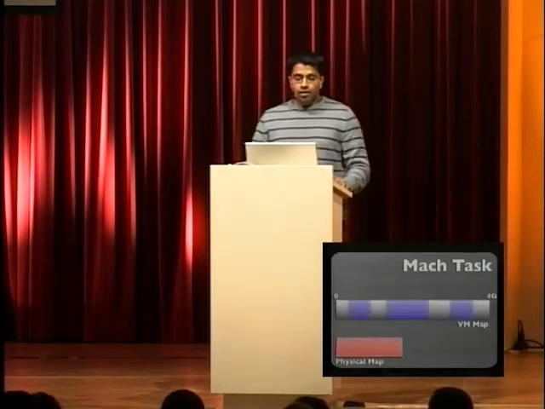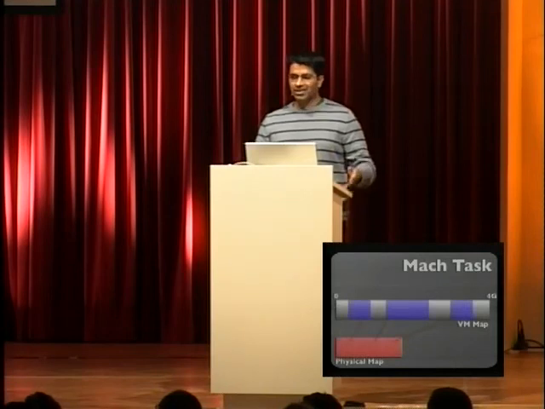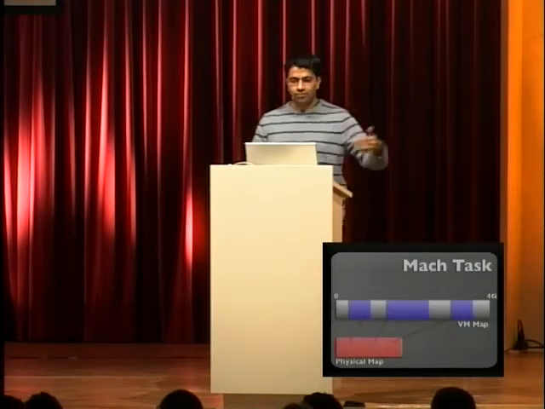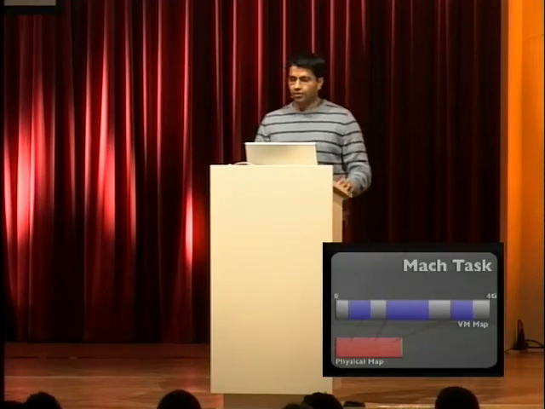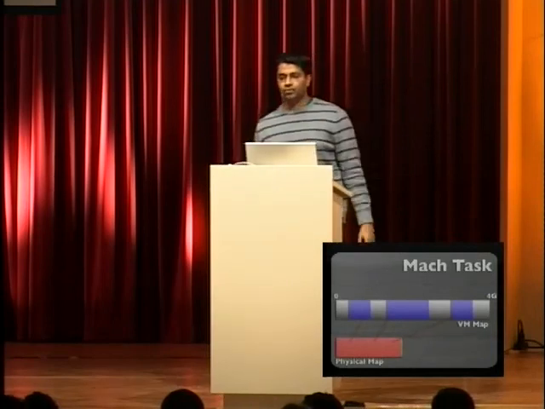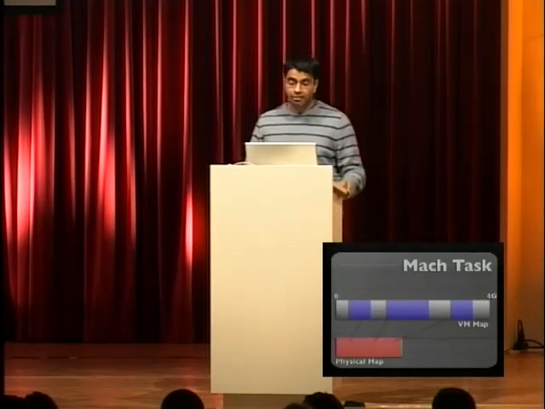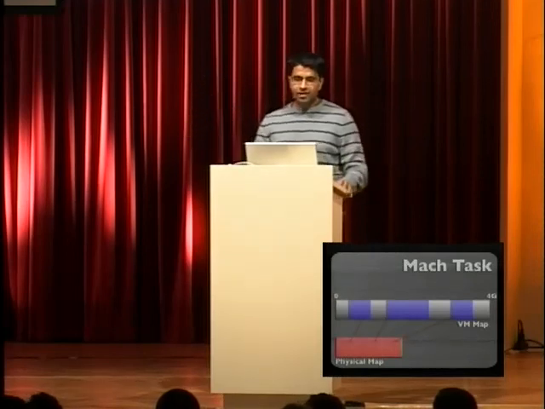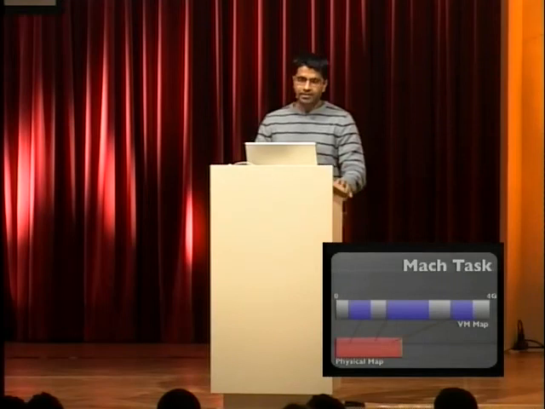So, unless you're crazy or you've written some weird program, you're not going to be using all 4 gigs of memory. Typically memory is sparsely populated, which means you have these blue regions that you allocated or were allocated on your behalf by the system. And a further subset of that would be resident. The rest may not be resident.